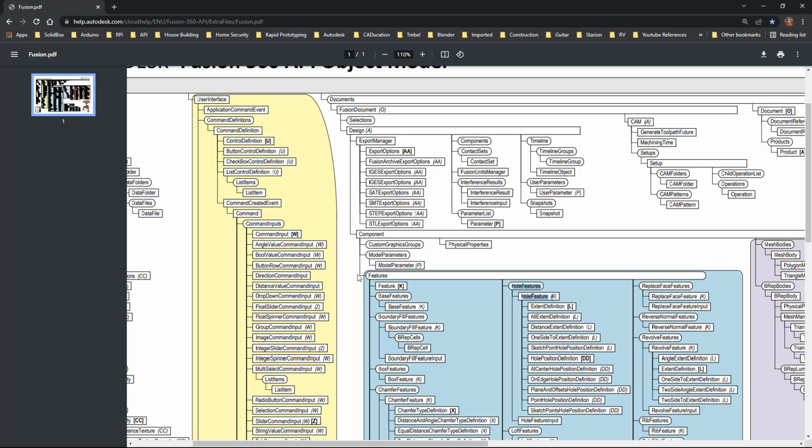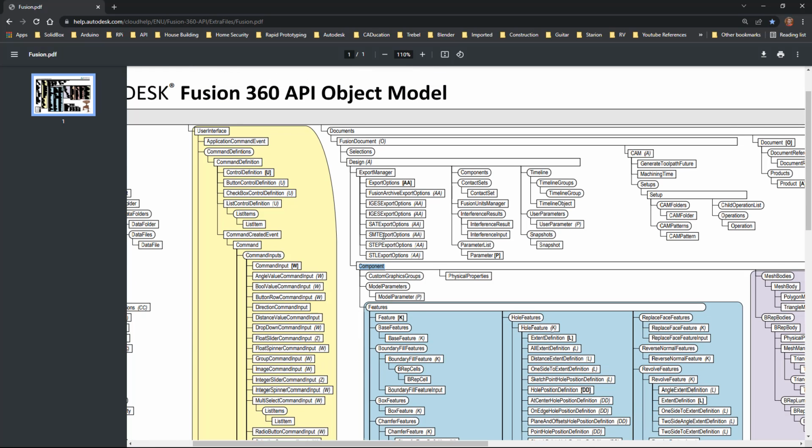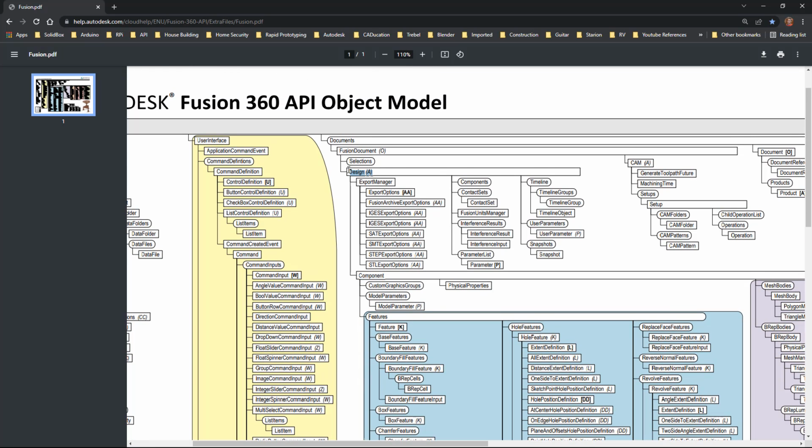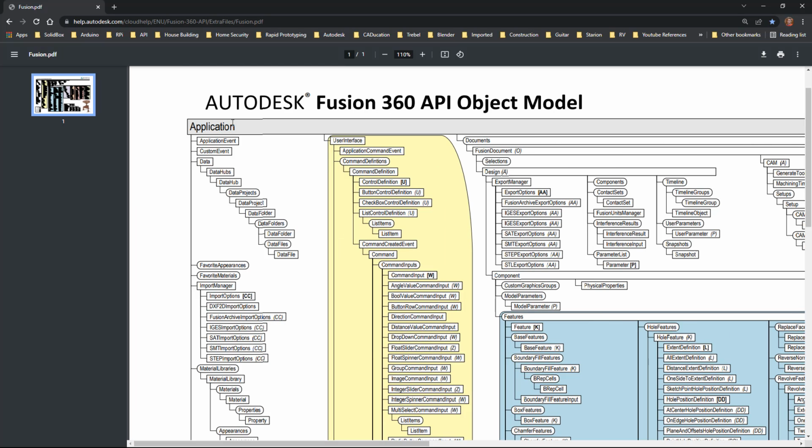And those features belong to a component. Now, in most cases, that component will be the root level. So if you just start a new design and you don't make a new component. But if you do happen to make a new component, well, then we need to take ownership of these features and we need to put them under that new component. Those components belong in the design, the design belongs in the document, and the document belongs to the application. So this object-oriented programming, or this object ownership, the hierarchy, is the base concept for how you access these different